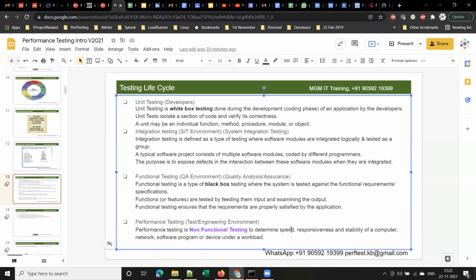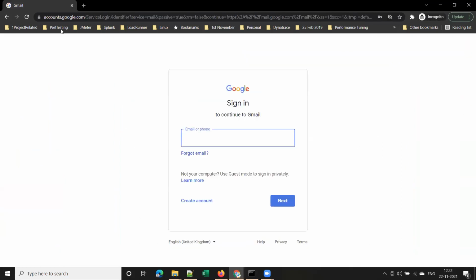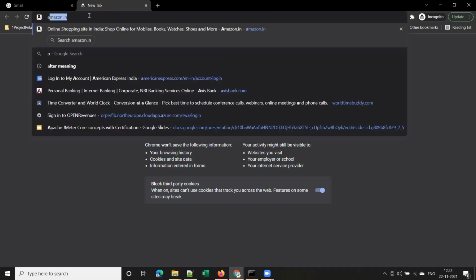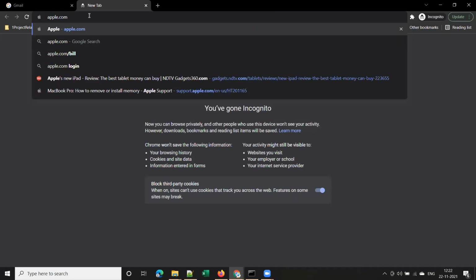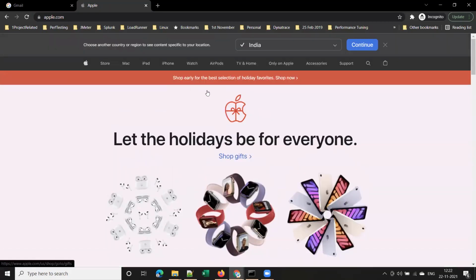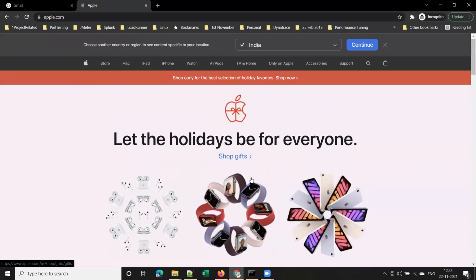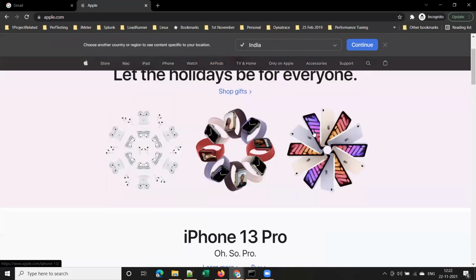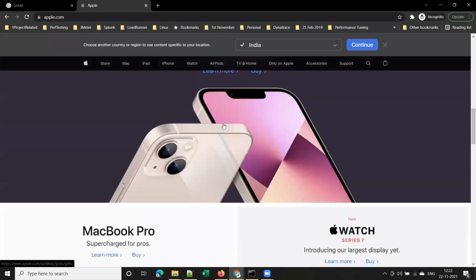to determine speed. When I say speed, it is nothing but response time, the response time of a page or of any application. So let me type. I'm accessing this website. Let's say, for example, I want to do performance testing for the website apple.com. Let me explain what speed is. Speed means how much time it took to load this page, right? So you see here,